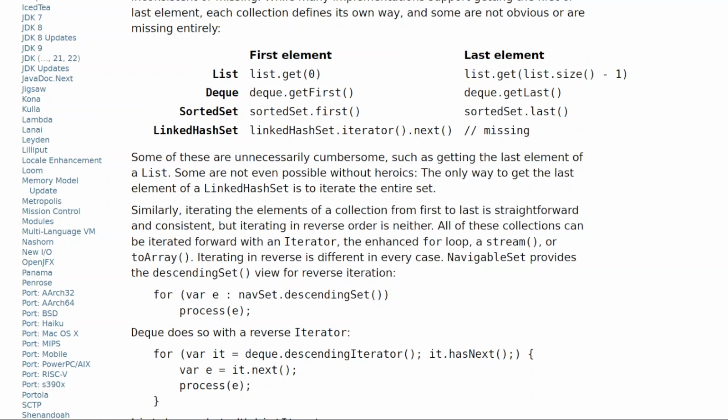Similarly, iterating the elements of a collection from first to last is straightforward and consistent, but iterating in reverse order is neither. All of these collections can be iterated forward with an iterator, the enhanced for loop, a stream, or toArray. Iterating in reverse is different in every case. NavigableSet provides the descendingSet view for reverse iteration. for (var e : navSet.descendingSet()) process(e);